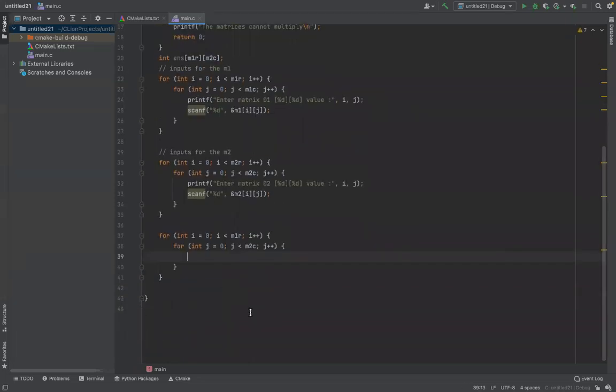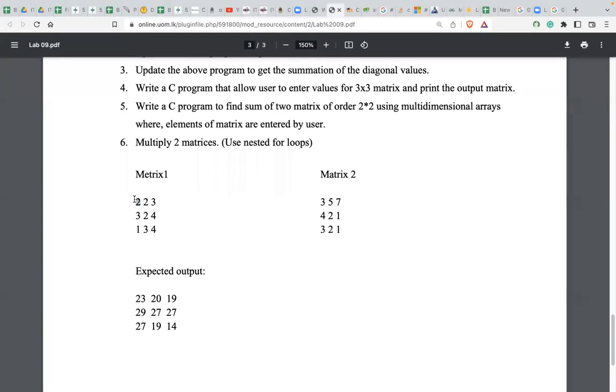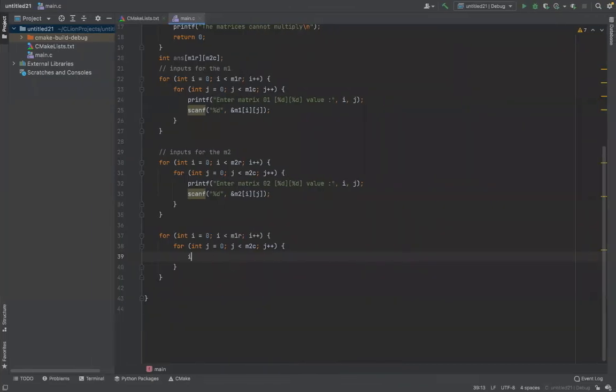Now I think you have a proper idea of this one. What are we going to do now? This one should multiply by 3, 4, and 3. That means 2 should multiply by 3, this 2 should multiply by 4, and this 3 should multiply by 3. So you have to write another for loop to get the summation of the multiplication. Therefore, first initialize integer sum, initially 0, and write another for loop, let's say int k